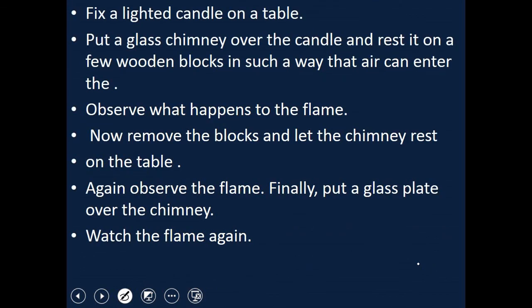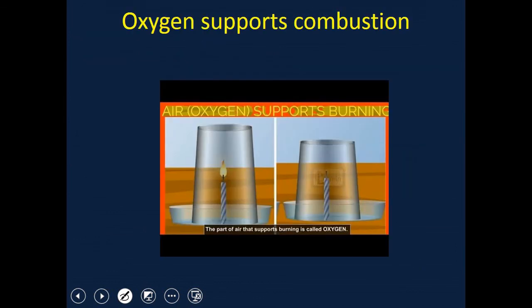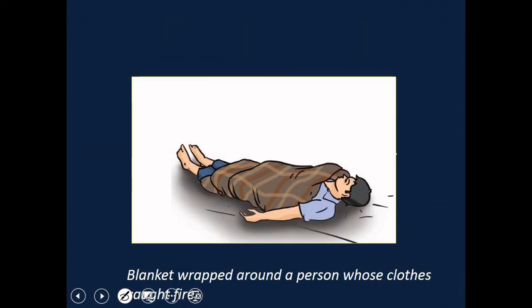Whatever points of this experiment I have explained just now, I listed here in these two slides. The same thing is being explained here. We have taken a lighted candle. Once we put an inverted transparent glass over this candle, we can see that in the second case the candle flame turns off. The flame turns off because the supporter of combustion is not there. So children, I hope this point is clear to you.